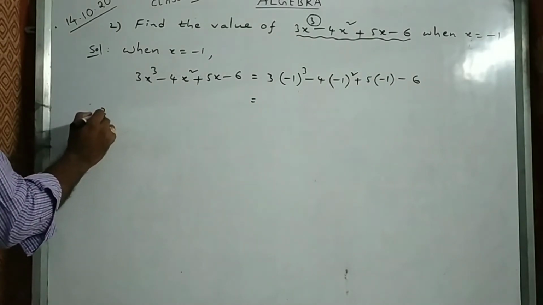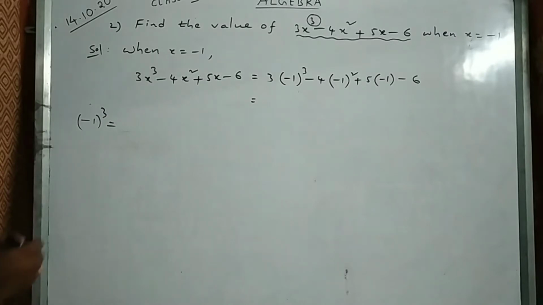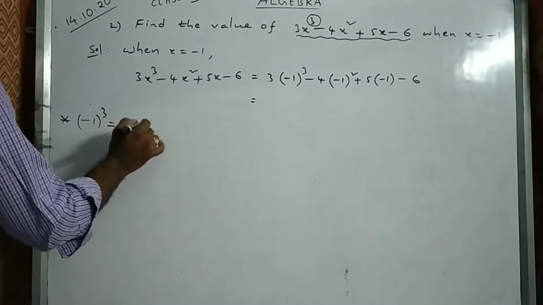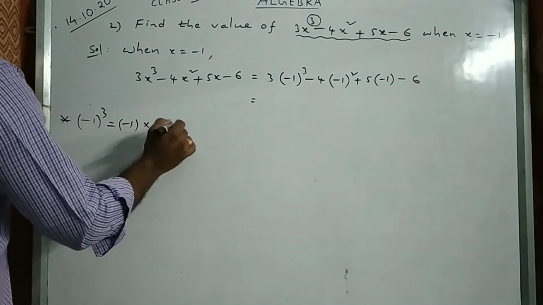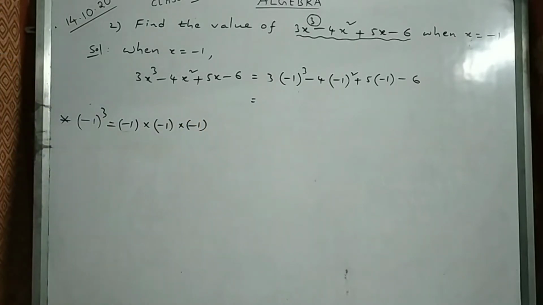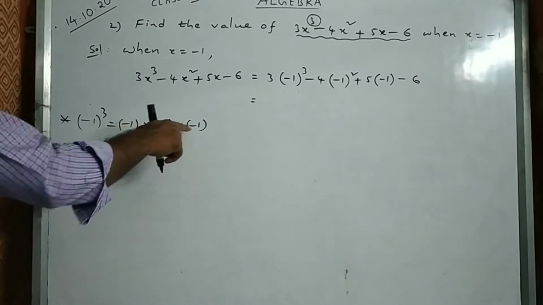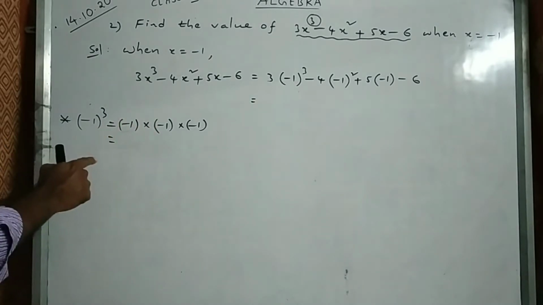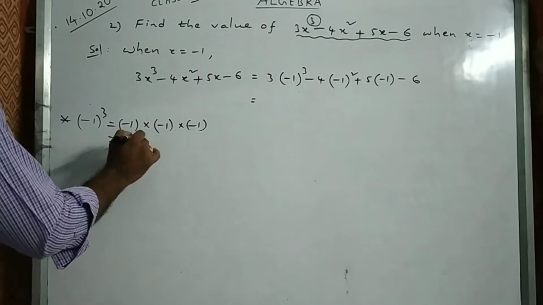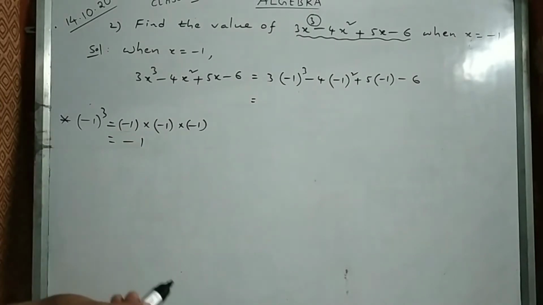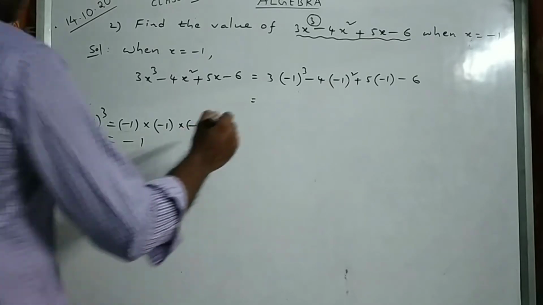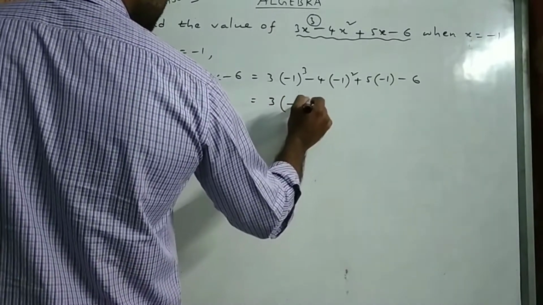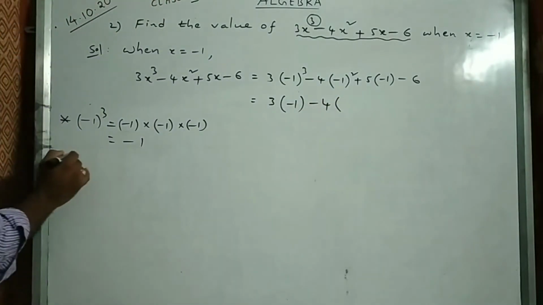So what is the value of minus 1 whole cube? Here it is important thing. Minus 1 whole cube means minus 1 should be multiplied by 3 times. So this is the way we have to calculate. Minus 1 whole cube means minus 1 into minus 1 into minus 1. 3 times you have to multiply. So minus into minus plus, plus into minus minus, 1 into 1 into 1 means 1 only. So this will be 3 into minus 1 minus 4 into,